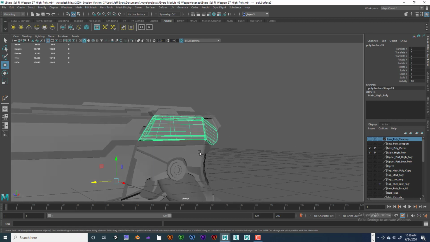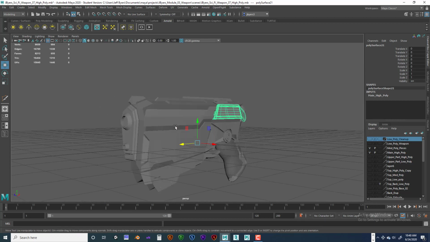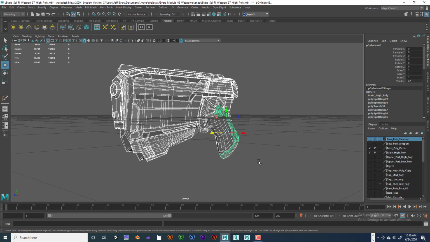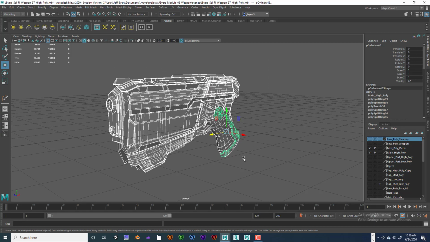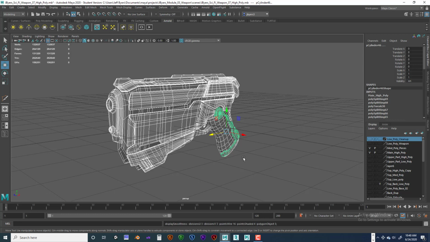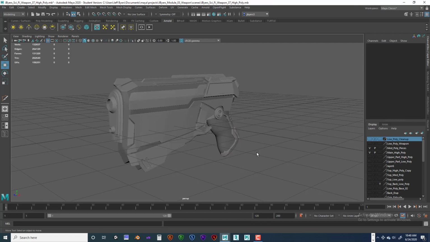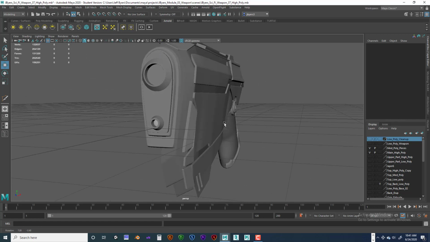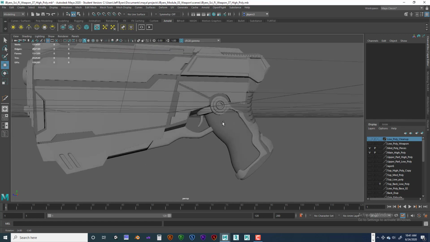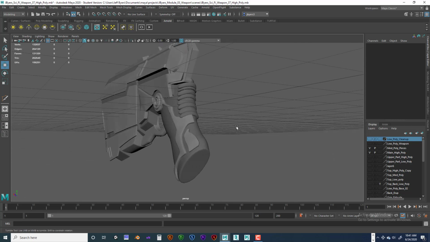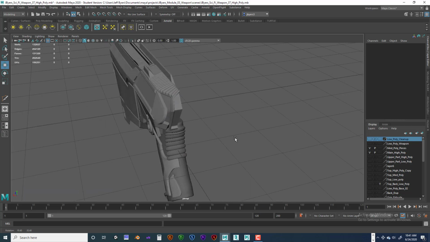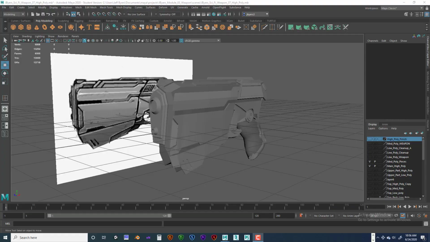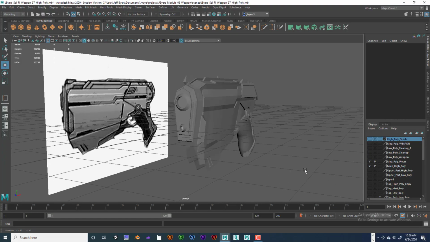Okay, one last look before we start doing the low poly cleanup. So hit the 3 key and click off and just give it one last look to make sure you're happy with everything. Just rotate around it. Okay, so I've got